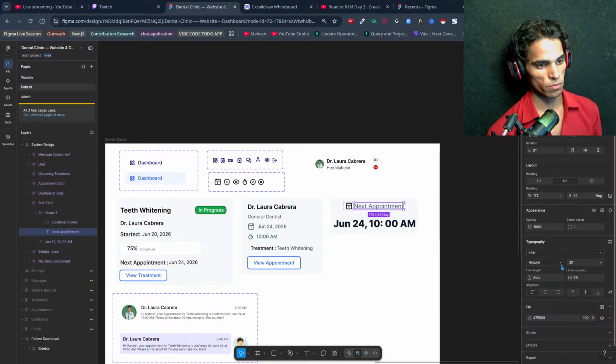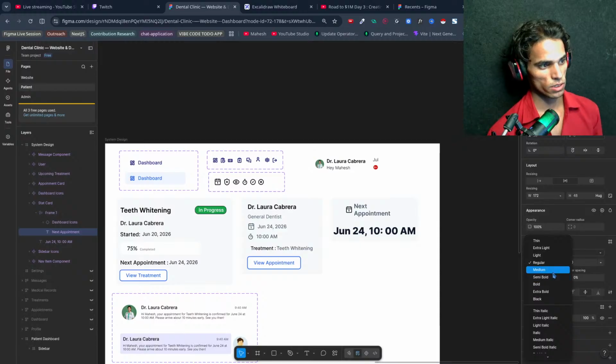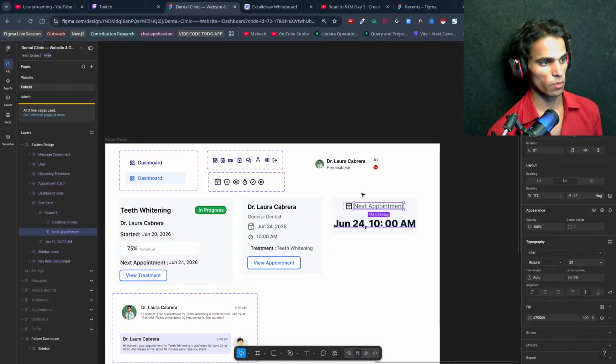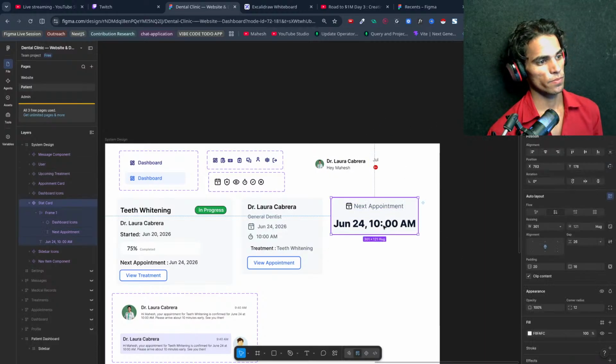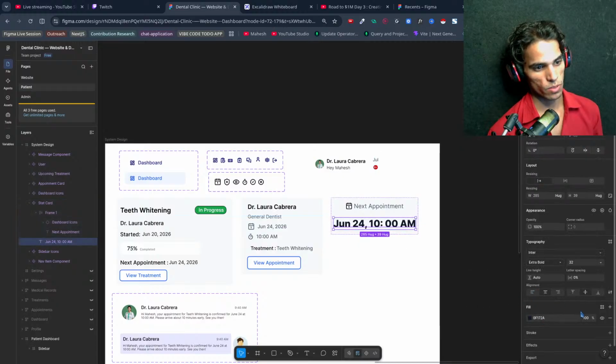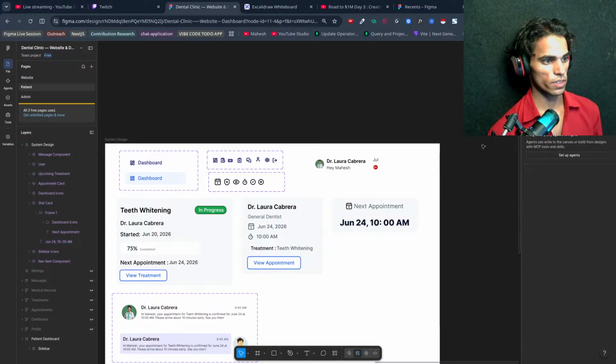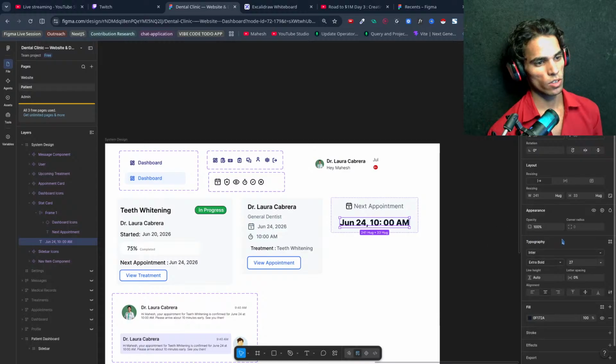Next appointment we can make it semi-bold, and the text around 27 will be great, or around 25 is also good.